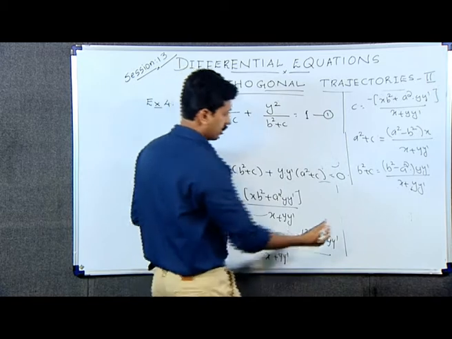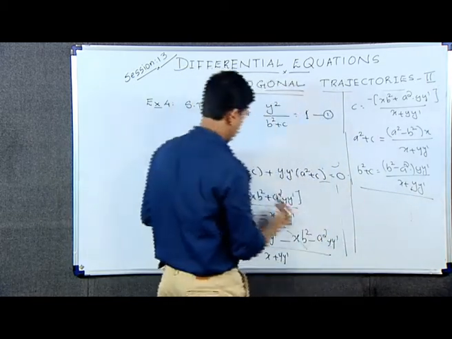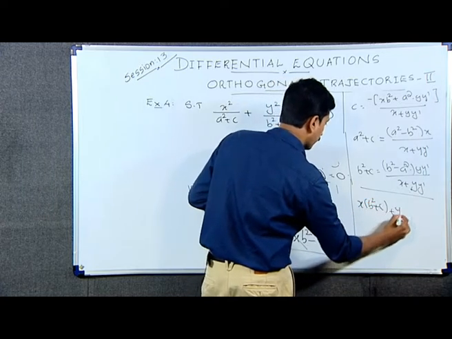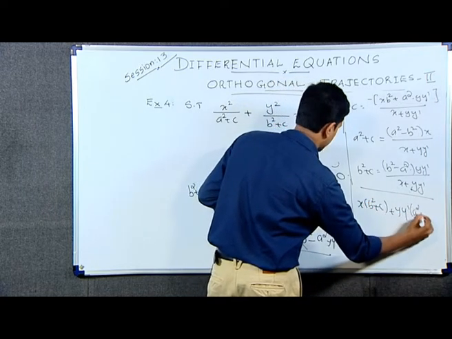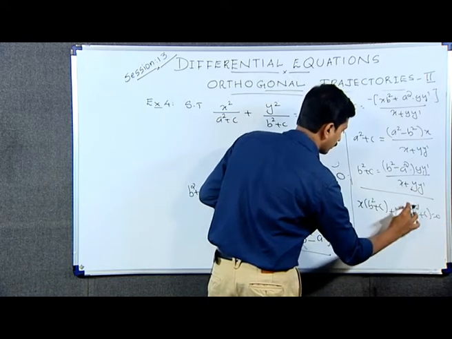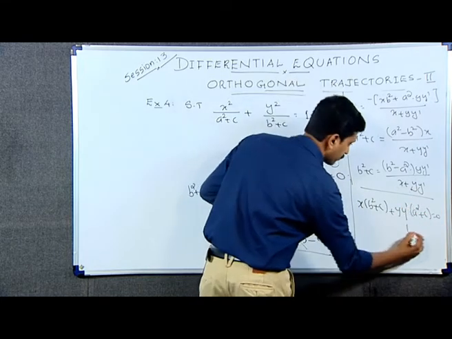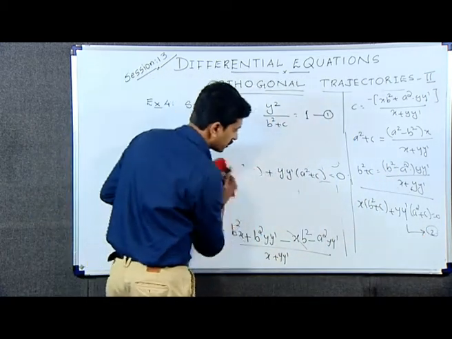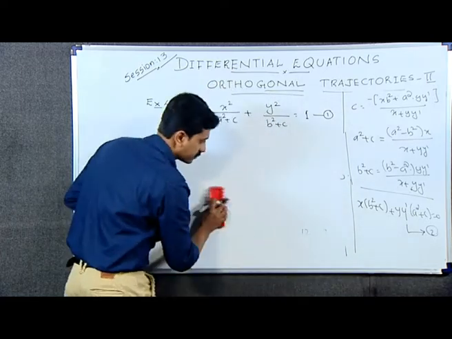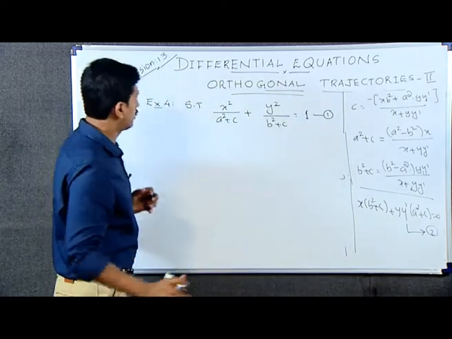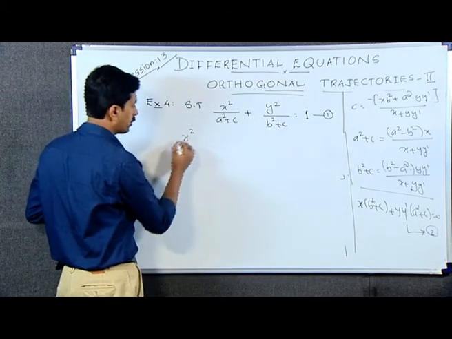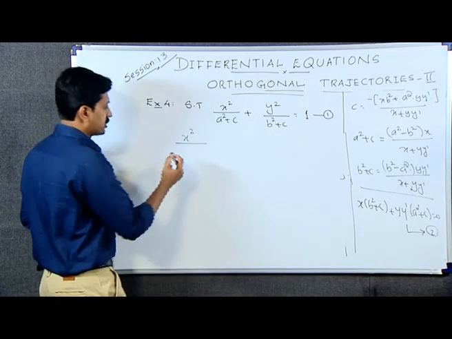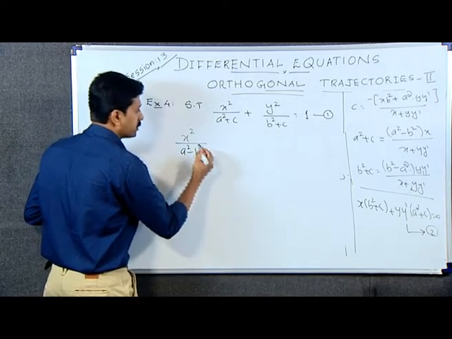I am taking equation 2 also inside: x into b square plus c plus y y dash into a square plus c equal to 0. This is equation number 2. We put a square plus c and b square plus c in equation 1. See, what will happen? Our equation 1 will become x square divided by a square plus c as a square minus b square